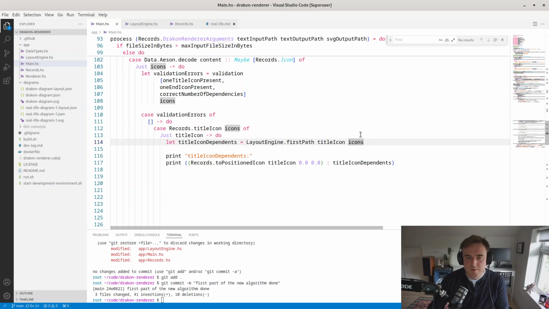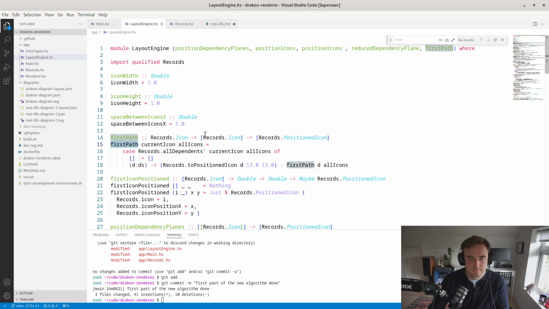Oh yeah, the first path will have to get the coordinates to use during the process of positioning. So we have the current icon and its coordinates x and y,